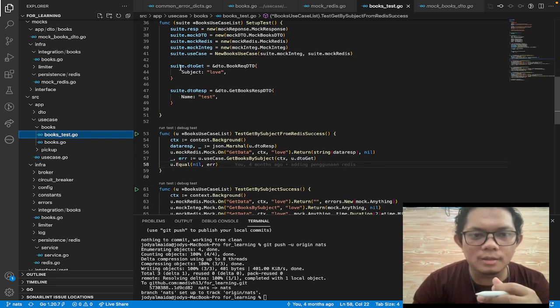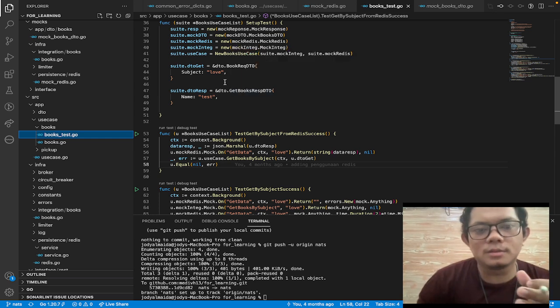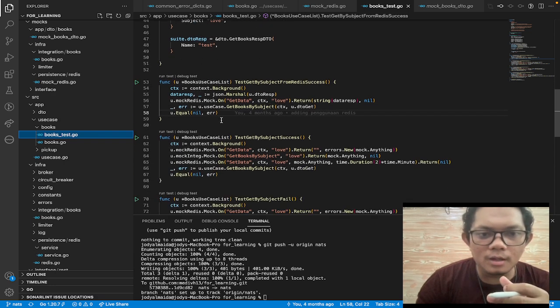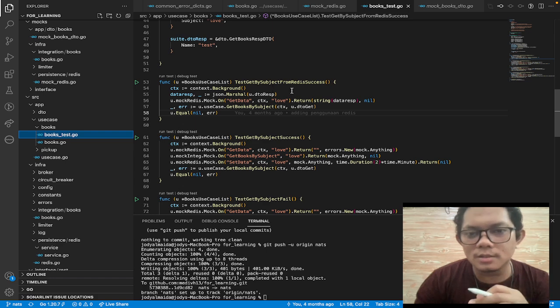And in this line, I make DTO data for dummy process. So the first thing that we test in this case is test get by subject from Redis is success.